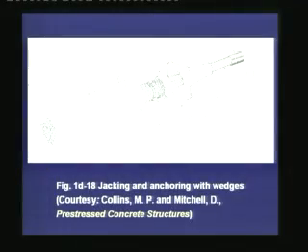In this figure you can see the assembly of the jack, the anchorage blocks and the other devices for the anchoring of the tendons. The strands pass through this duct, it goes through this trumpet shaped guide, then it passes through the bearing plate, it passes through one anchorage block with a set of wedges, then it passes through the double acting jack, and on the other side of the double acting jack there is another set of anchorage block